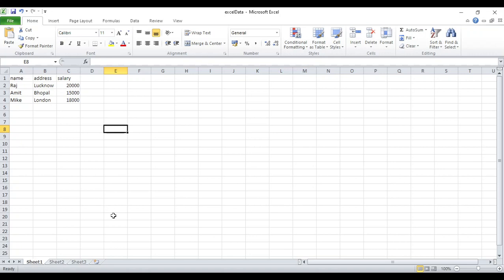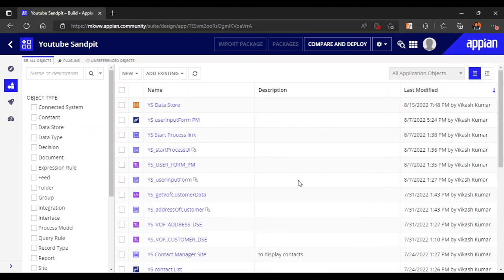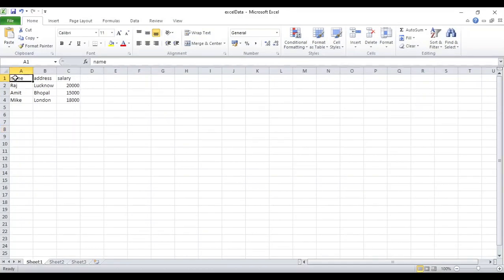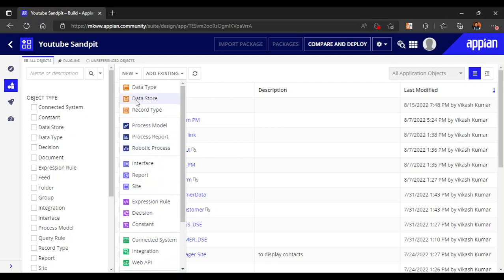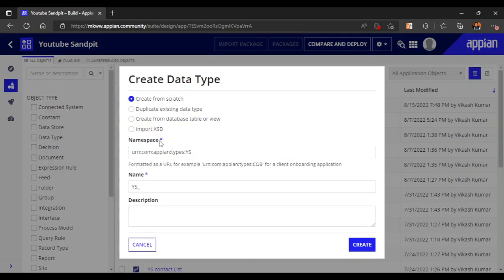Now what are the points to consider while doing this kind of process? First of all we will need a table which contains the same names as these columns. The table columns and the Excel columns should perfectly match. There should not be any error at all. So first of all we will create a CDT for that purpose. We will create a data type from scratch and name it